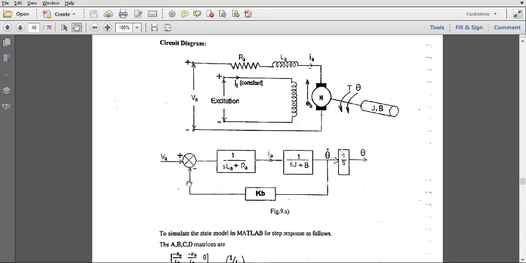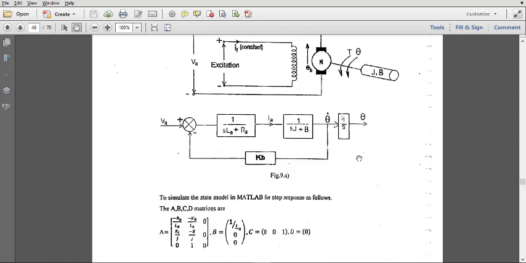Now after writing this block diagram, we need to write the system equation. We can either write it in terms of a transfer function, which you can do just like the previous examples, or there is another way.